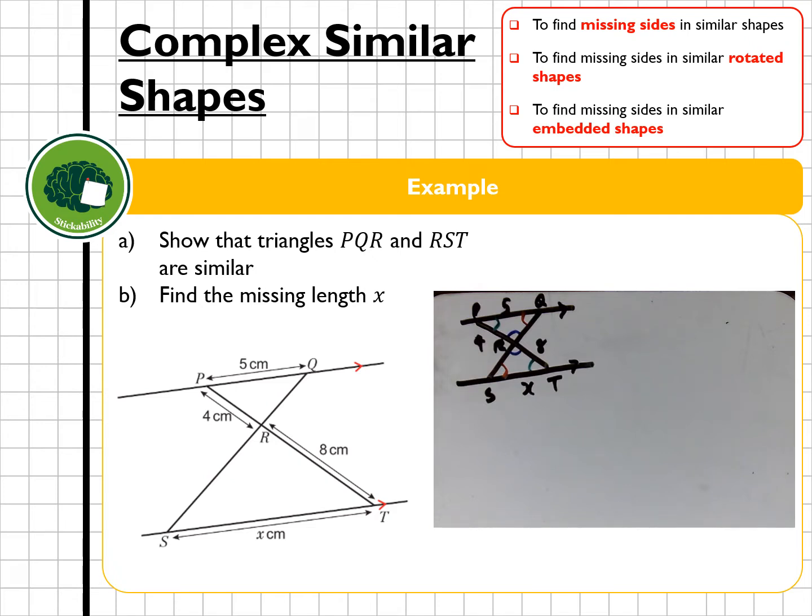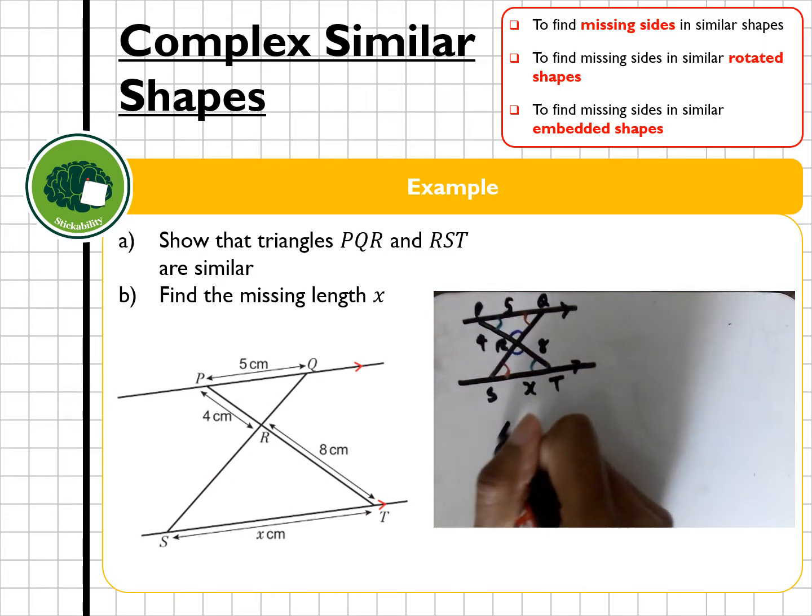Now because we're looking at similarity and not congruence, it is enough to show that because the angles are the same, these two triangles are enlargements of one another. We're not trying to show that they're the same, so we don't need to say anything about the sides. Now that we've established that these two triangles are similar, we can then move on to finding the missing length x. Now to do so, I'm going to redraw my triangles underneath